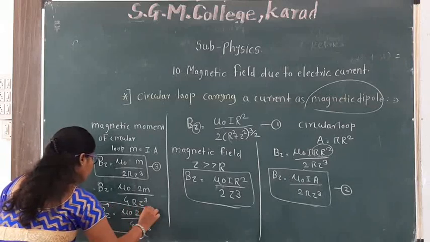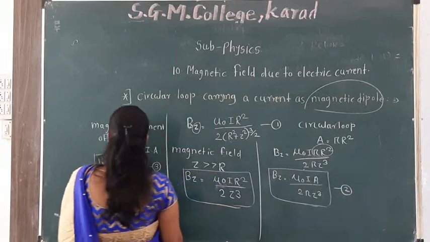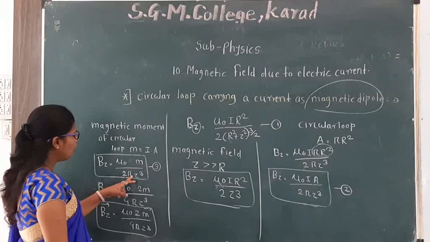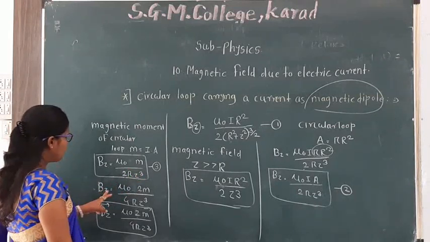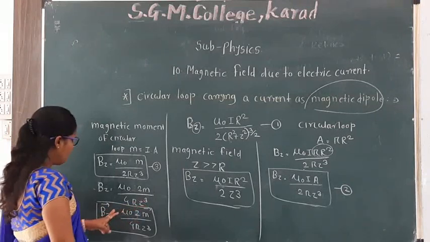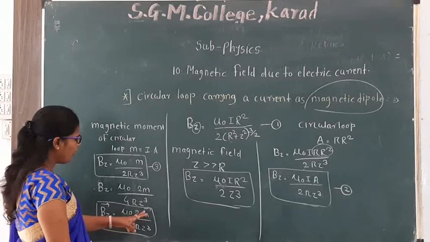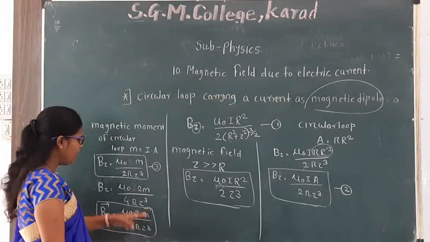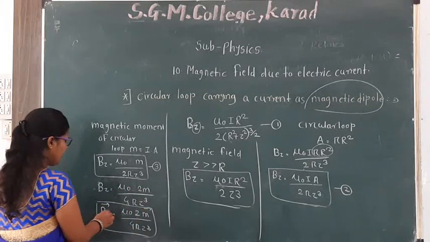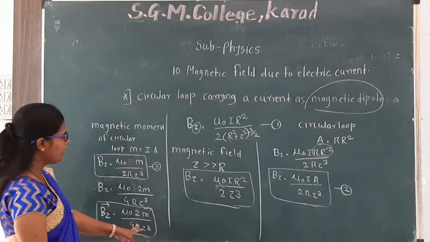4 pi z cube here. Now here we substitute the value of I as the magnetic moment m, so we get Bz is equal to mu 0 m upon 2 pi z cube. Then Bz is equal to mu 0 2m upon 4 pi z cube. In vector form, Bz is equal to mu 0 2 vector m upon 4 pi z cube. Then Bz is the magnetic field along the z axis due to the circular loop carrying current as the magnetic